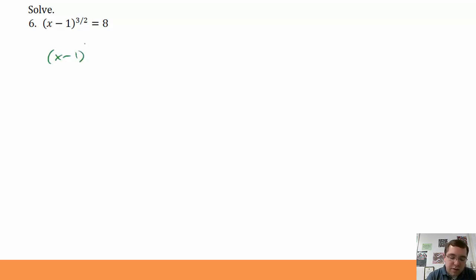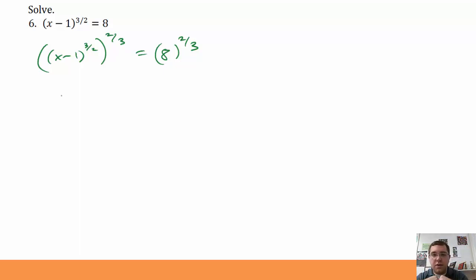So I've got x minus 1 to the 3/2, and I will raise that whole thing to the 2/3 power. And I'll show you why. That will equal 8 to the 2/3 power. I can raise both sides to the same exponent, and that will not change my equation. It will just look different. So when I take the left-hand side to the 2/3 power, I've got a power raised to another power. 3/2 times 2/3 becomes 1. Hey, that's nice. So I've got x minus 1 to the first power, which is just x minus 1,